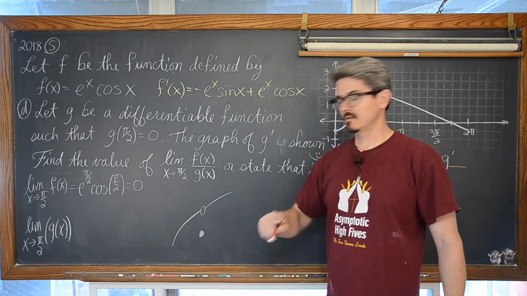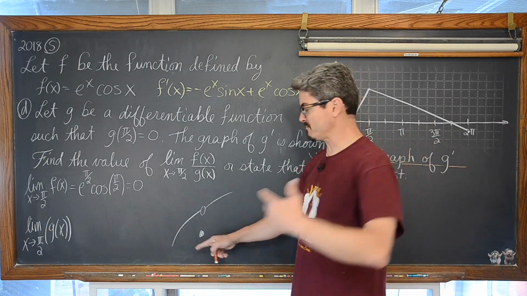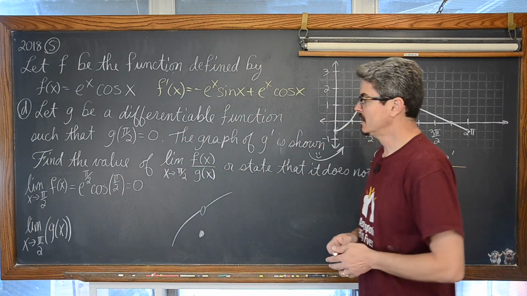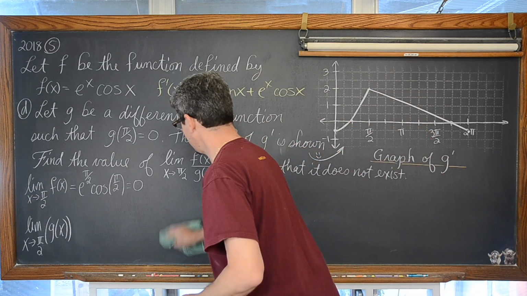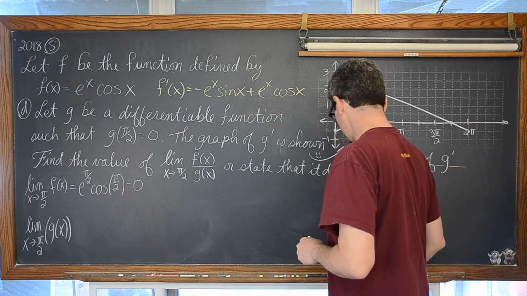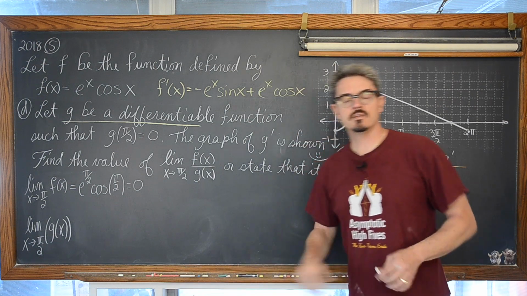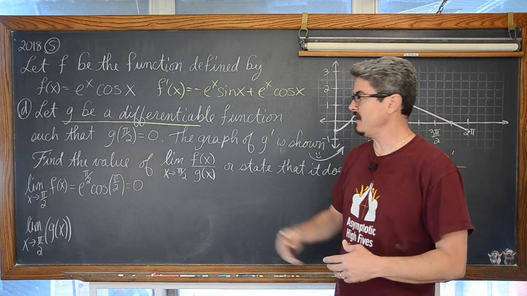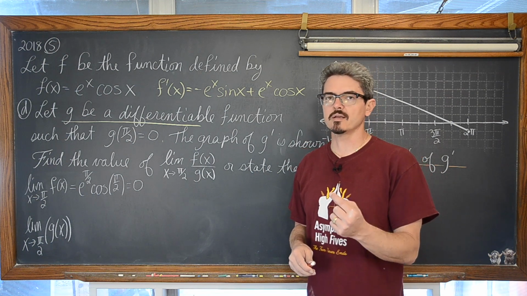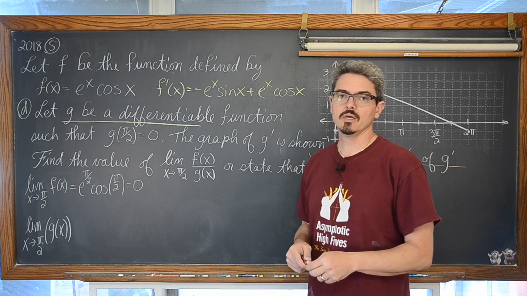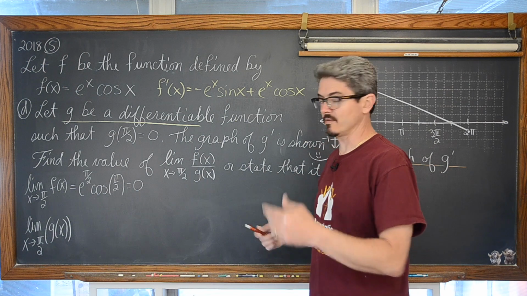It could be a function with a removable discontinuity, basically like a piecewise function where it just pops in at another y value somewhere else. Okay, I mean, they are being particular on this one. If you don't catch this back here, and I state this a lot when I see these FRQs with my class, whenever they tell you that a function is differentiable, you're probably going to need to recognize that that function is therefore continuous. Normally it's for the application of the intermediate value theorem, mean value theorem, or extreme value theorem.